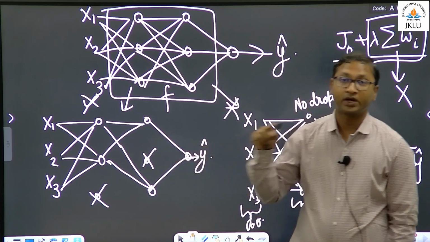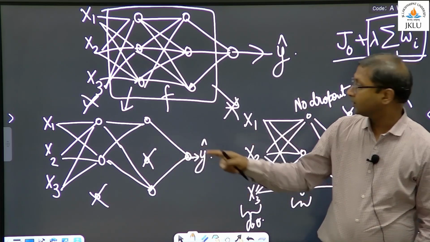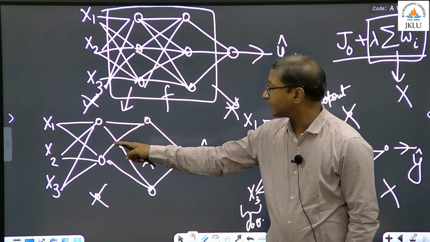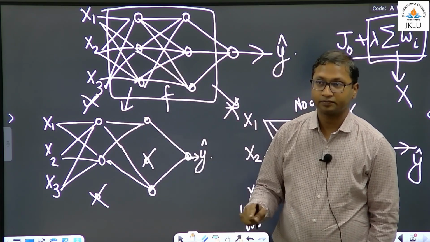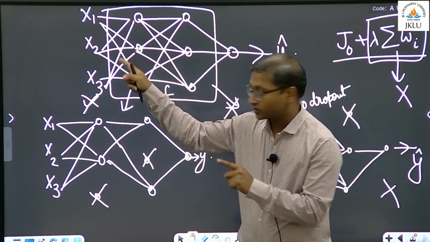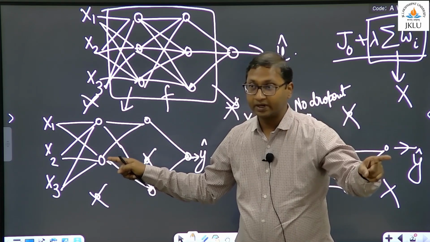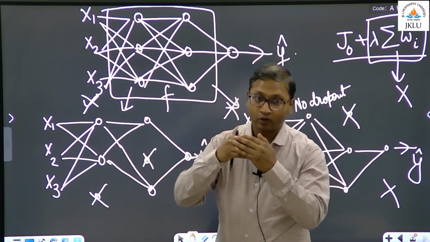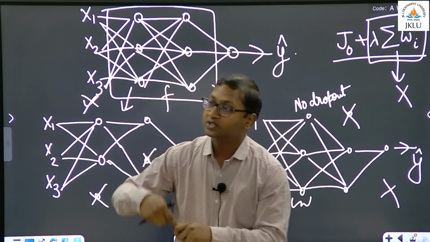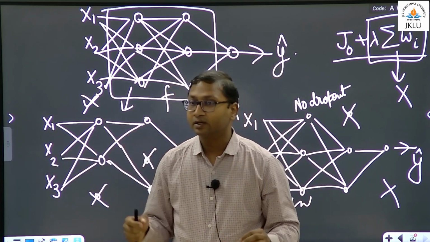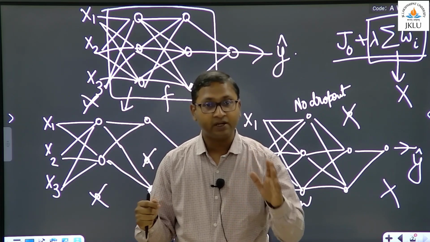Parameters are less. What does that mean? Which one is more complex, this neural network or this neural network? This one is more complex. So just by dropping out, you are making it simpler. And we say that when a complex network is turned into a simpler network, it is expected to have a